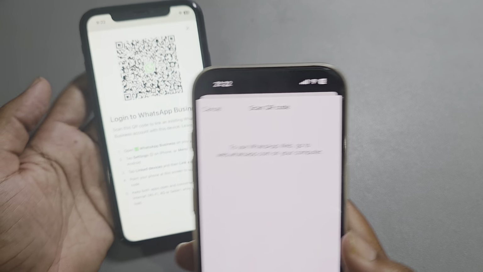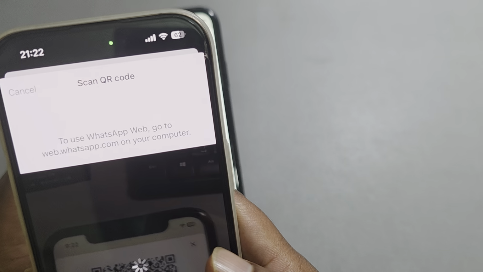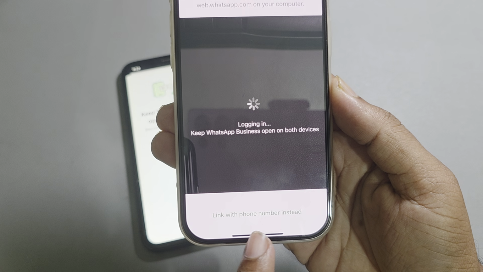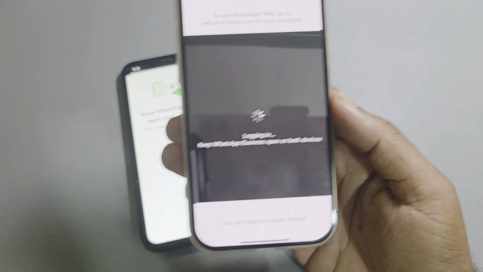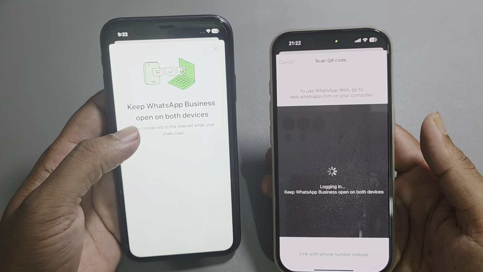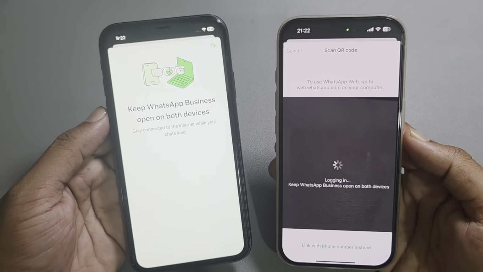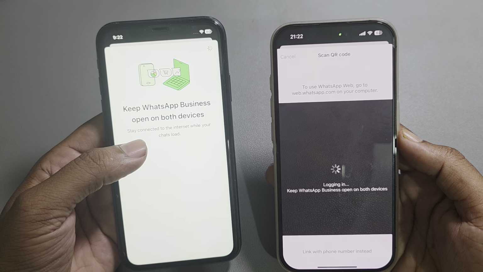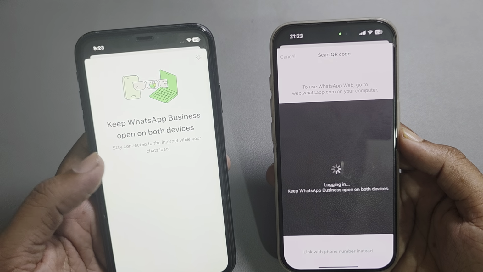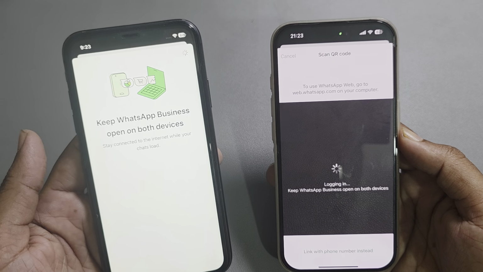Press on OK. Now simply scan this code. You can also do it with a link with phone number, but I want to go with the scan. Keep WhatsApp open on both devices, so it's transferring the data. So you have to wait a couple of seconds. It depends on your data